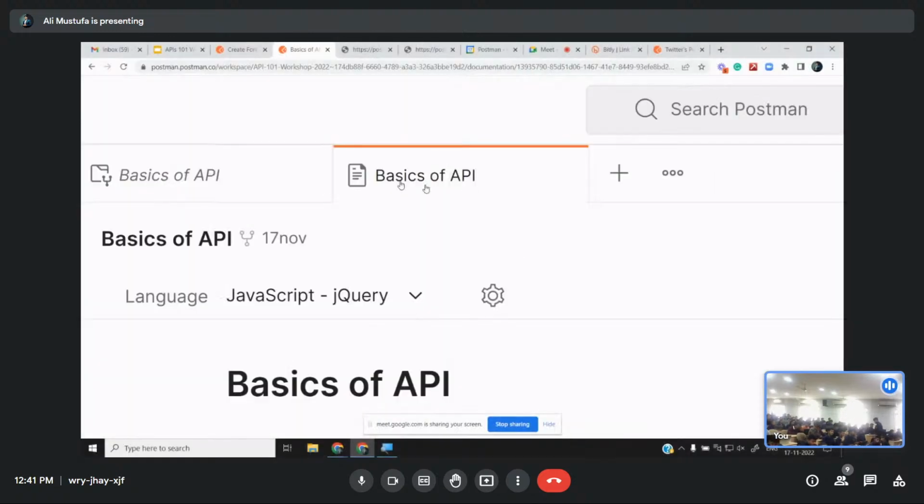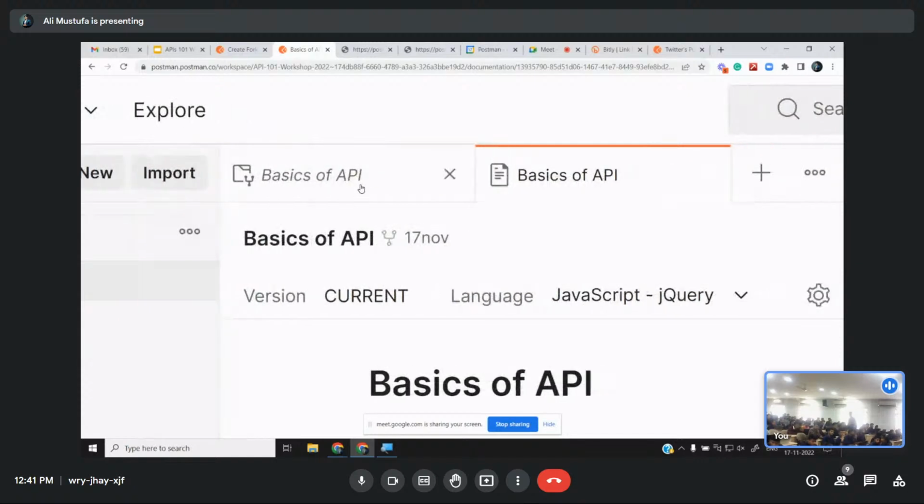What I will do, we will open a new tab. See, Postman is all about collaboration and easiness. You see there are tabs in Chrome, right or wrong? Chrome has tabs. Postman also has tabs. Can you see there are two tabs open right now, right? The one is the basics of API and then again the basics of API basically. But the second one is the documentation, okay? The first one is not a documentation. The first one is what? It is just an overview, okay? So, go below and read the documentation.